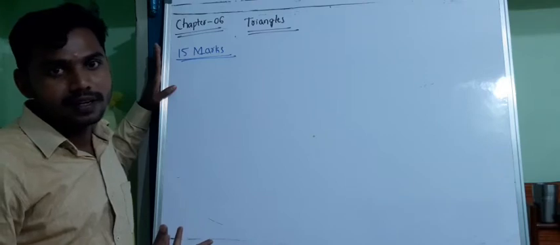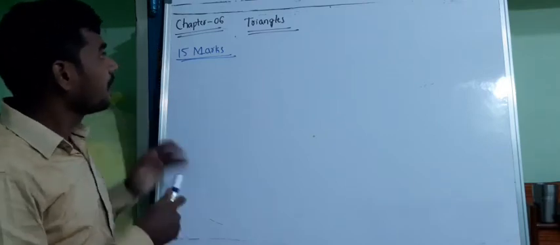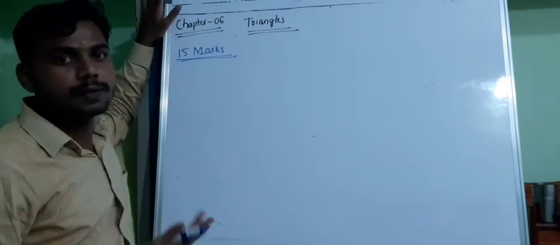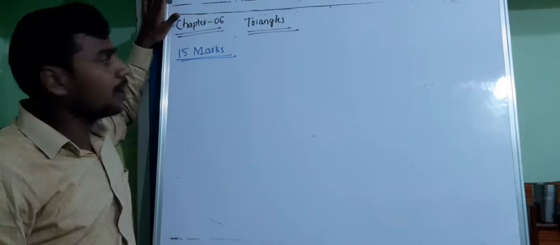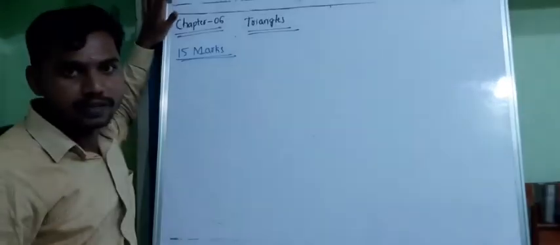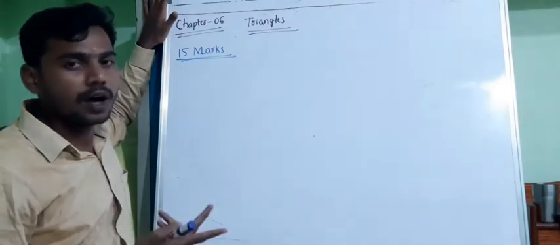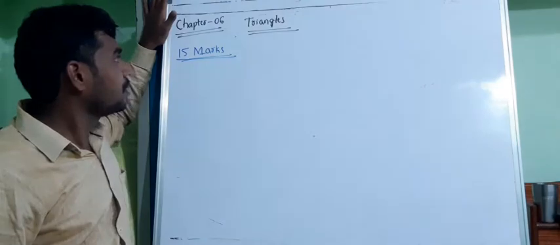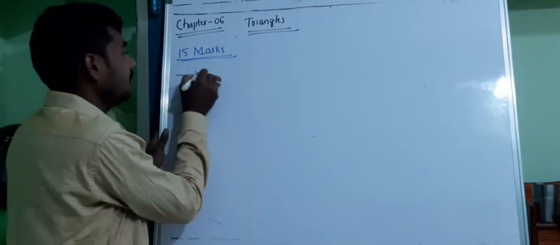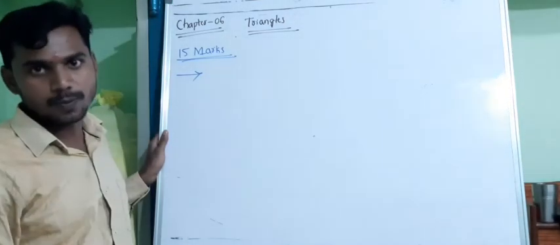See, in these triangles, we are going to talk about the similarity of triangles in the beginning stage. In this chapter, again you have two derivations. Those are important. You are going to get either one of them for your examination. So please concentrate. First we'll start with the introduction for exercise 6.1.